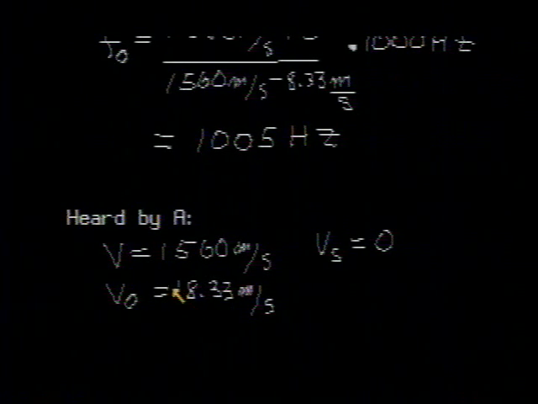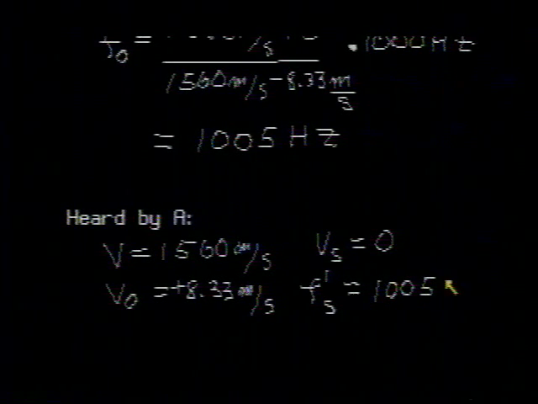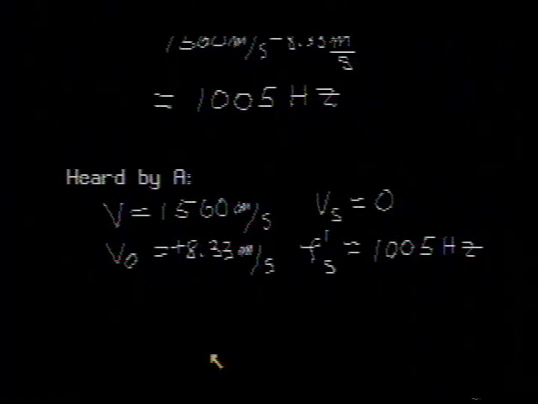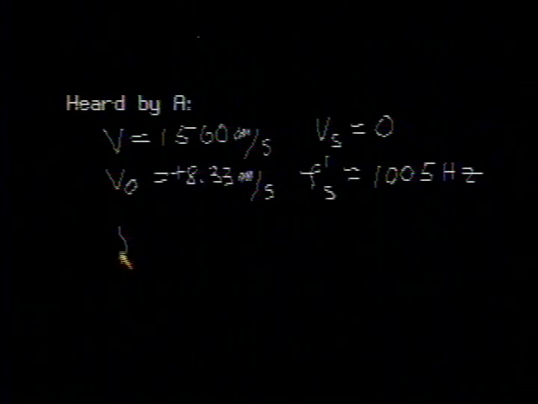The frequency of the source, let's call it f prime to distinguish it from our frequency emitted by sub A, is now going to be simply the 1005 Hertz frequency heard by B. It simply reflects off the stationary B. If we then calculate the frequency heard by the observer back at A, let's call it f sub O prime, that this is equal to